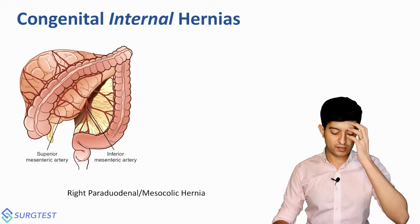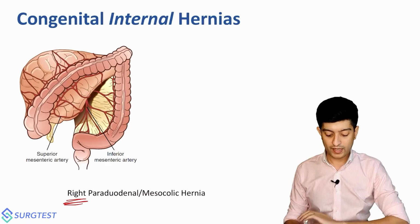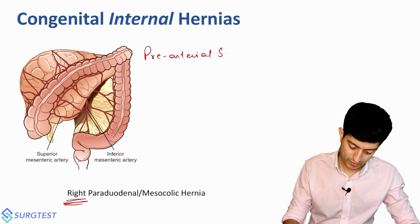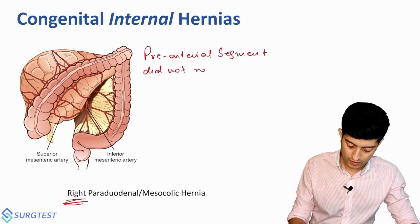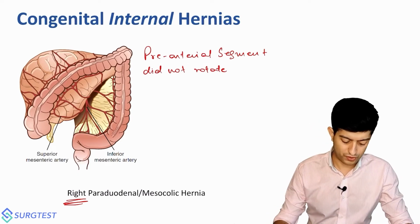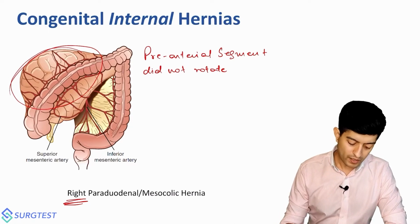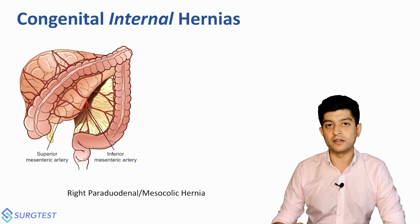Internal hernias can also occur in a congenital format. This is a patient that has a right paraduodenal and mesocolic hernia. This is essentially because the prearterial segment did not rotate. So this is a problem of malrotation of the bowel. It's a congenital issue. So you have all of this duodenum that is existing behind the right side of the colon's mesocolon. Now, what happens in this situation is, if you try to attack it like any hernia, where you